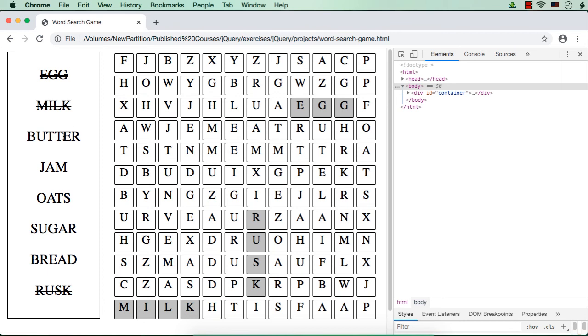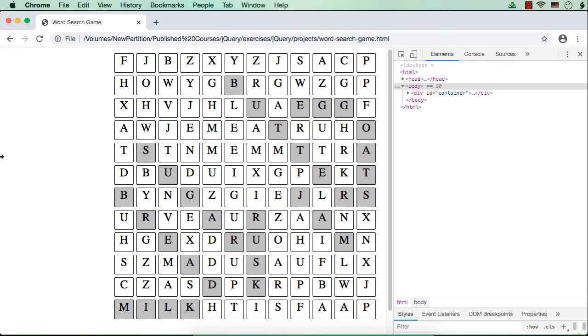MILK. Then butter. Let me try to find it out. BU is here. Butter. Okay. Yes. BUTTER. Jam. Yes, JAM. Okay, it didn't select M. JAM. Oats. Yes, OATS. Sugar and bread. Yes, BREAD. Finally, we need to find sugar. Yes,